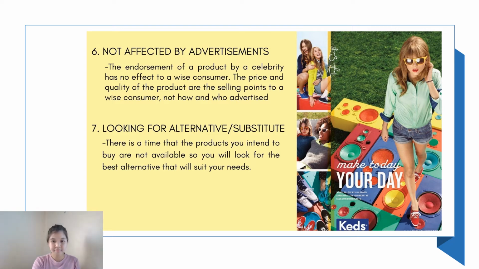So now that we already know various characteristics of a consumer, may I know which one among those characteristics you most likely possess? May I know, class? Okay, that's nice. It can protect you from harm if you have that kind of characteristic. So how about the others? Okay, very good. We must really verify the products first before placing them in the cart. Did you get it, class?